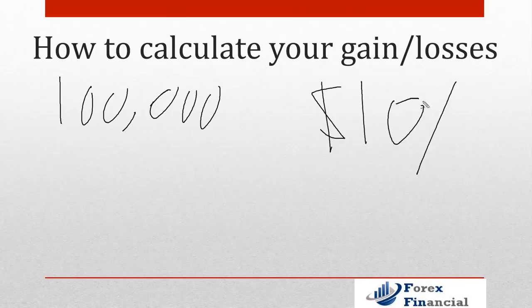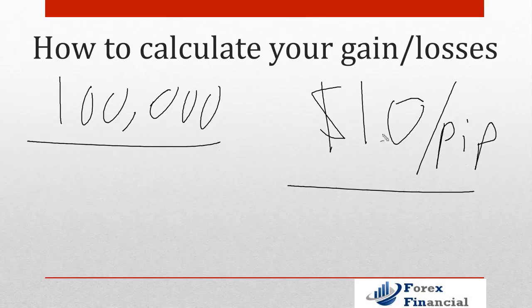Now, one thing to bear in mind is that depending on the currency you're trading and the currency that your account is funded in, this figure will change over time. So you might need to check with your broker what the value of 1 pip is to you for one standard lot. Let's say you are funded with a USD account and you're trading euro dollar. So it will be $10 per pip. So if you made 4 pips just now, as you saw,